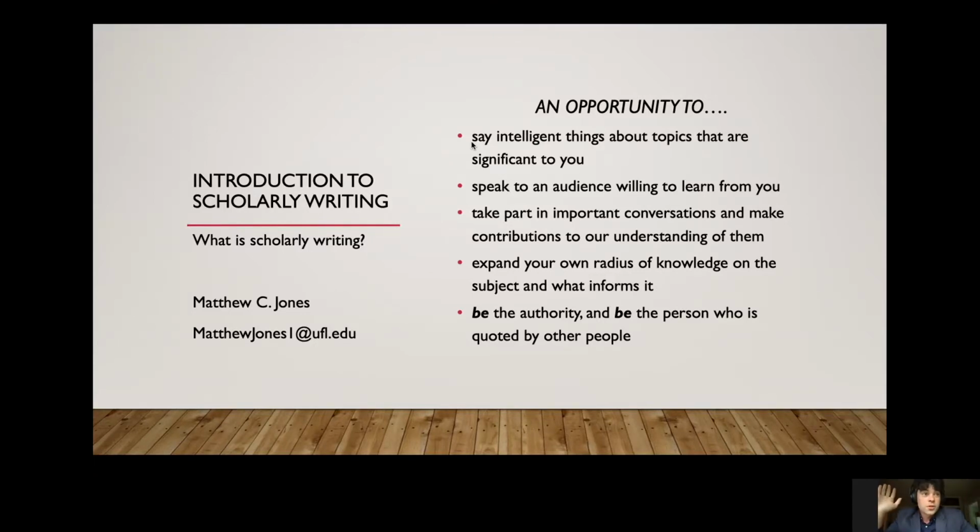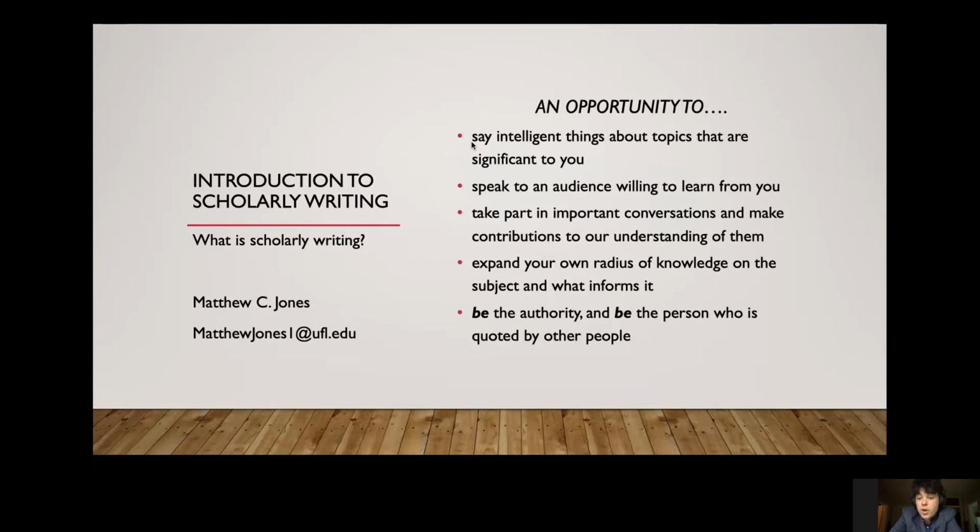Nobody got a 100 on a multiple choice test about Hamlet and then had anybody think they were an expert or a leading authority on it. They think they just read the book and have a capacity to remember details. So you're making contributions to our understandings of important things and things that are important to you.